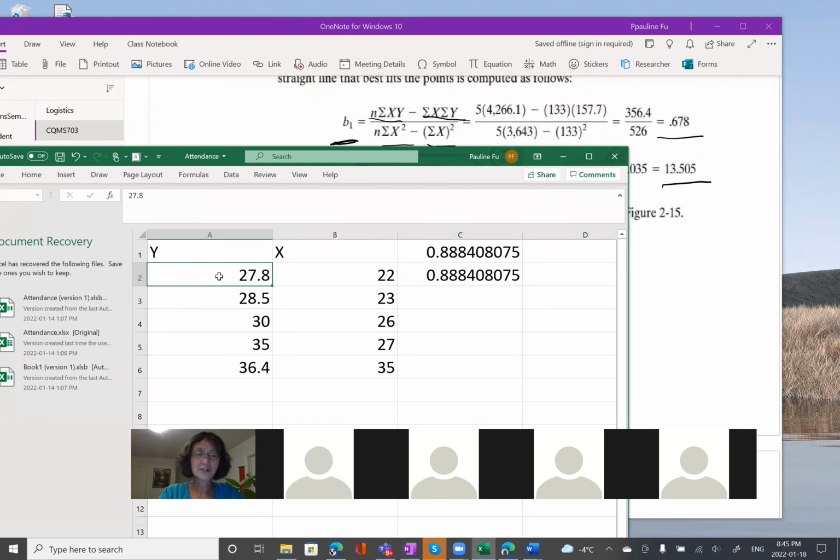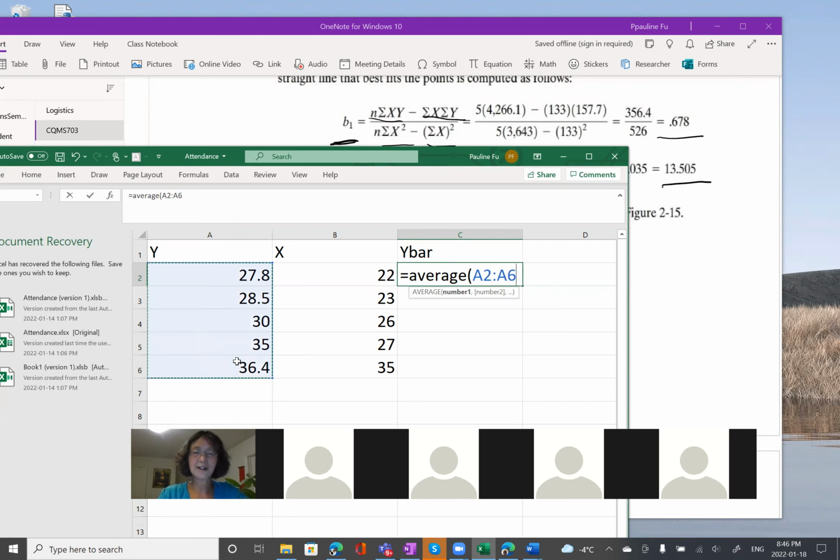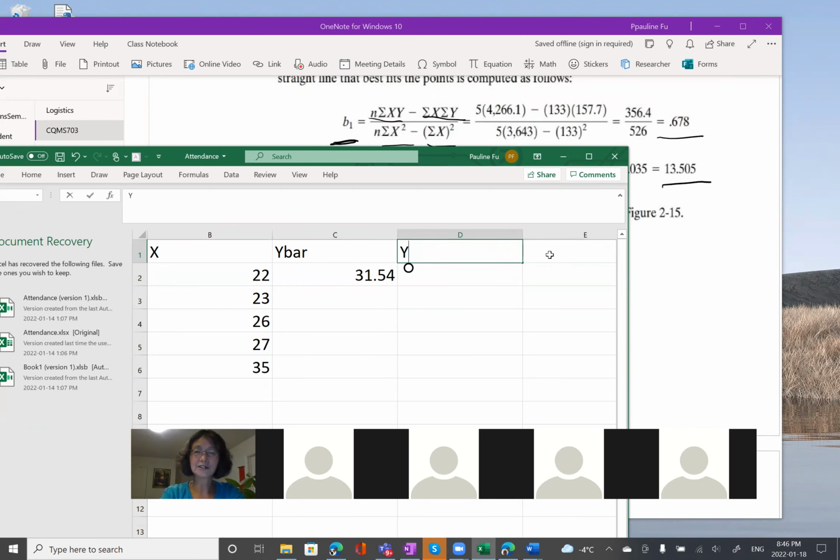What is y? Those numbers are y. Easy, we know what is y. So what is y bar? I'm going to delete this one. Y bar is the average of y, so equal to the average of all these y. So you know what is y bar. So now y hat